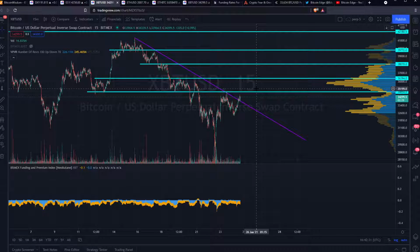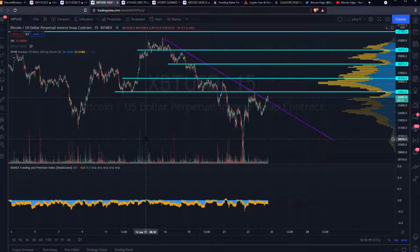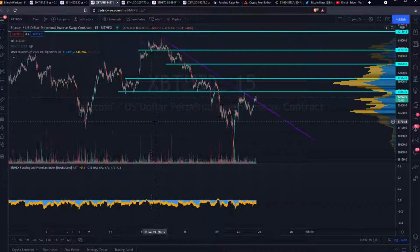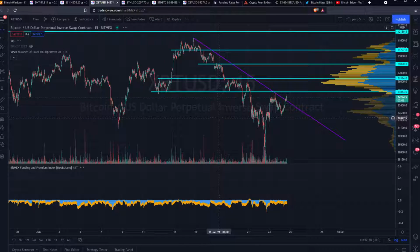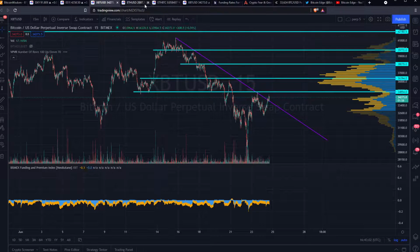So if everybody starts longing, I start taking profit. We can see it over here. Suddenly the premiums or the discounts disappeared, and then we make another one. And that is basically how stuff works. We could see it over here as well. People started to long a little bit. It's not a thing you should be trading on only. You cannot trade on the fundings and premiums alone, but it's a really good indicator and